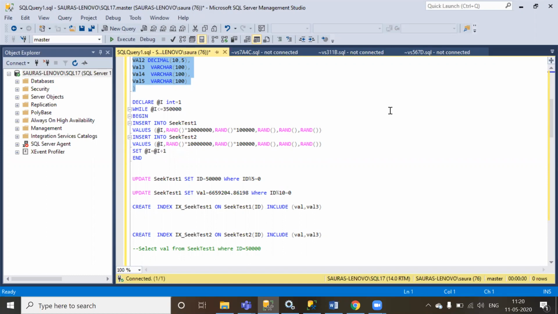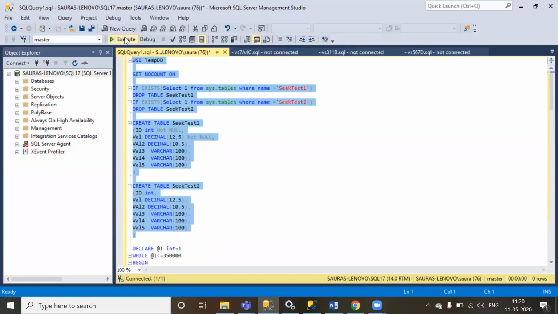Once these records are inserted, I'm going to update a few of the records in the seek test1 table. Once the records are updated, I'm going to create the indexes on the seek test1 and seek test2 tables, and the key column is going to be the ID column, and the included columns are val and val3 columns. So let me go ahead and do it first.